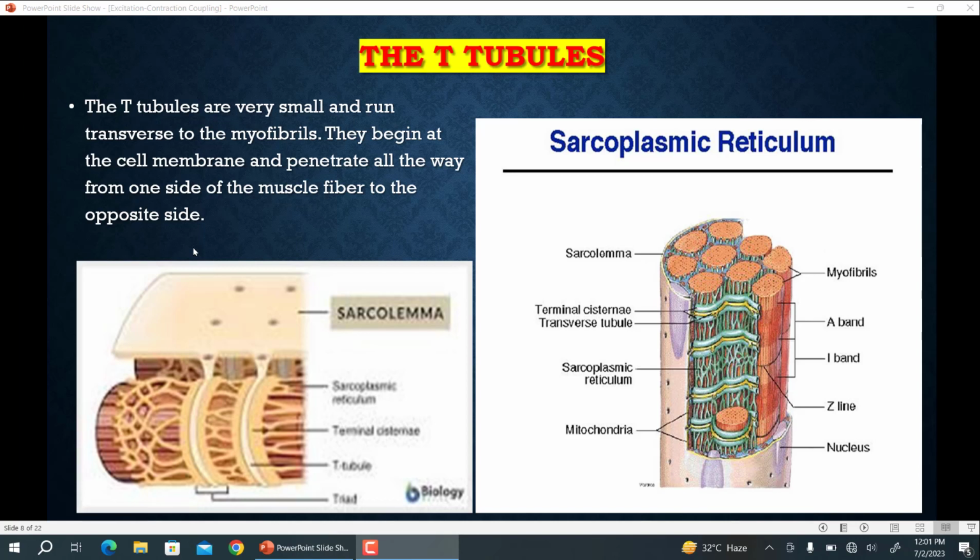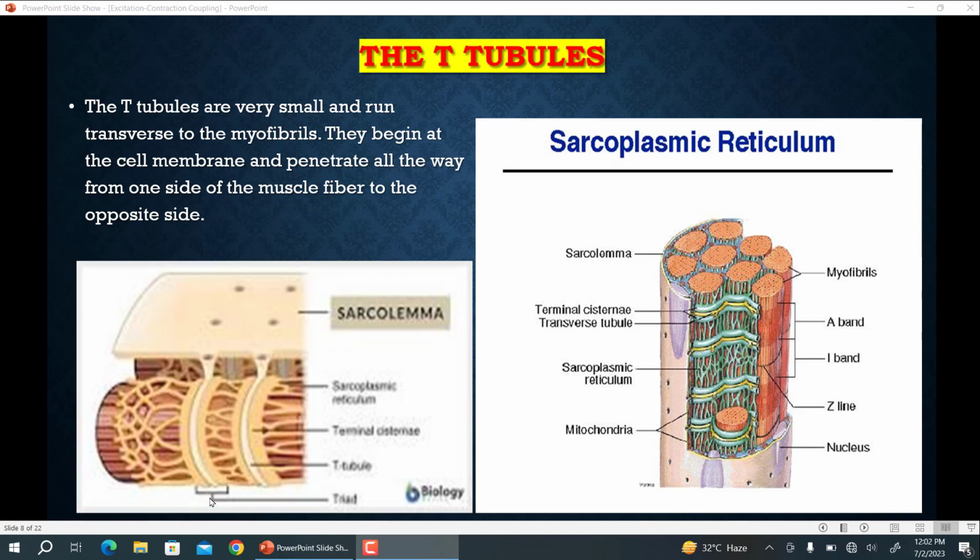They begin at the cell membrane and penetrate all the way from one side of the muscle fiber to the other side. This is the muscle membrane or sarcolemma. So these T-tubules originate from this muscle fiber membrane